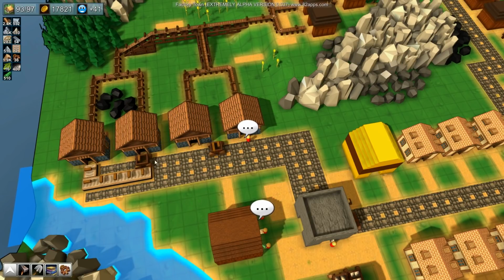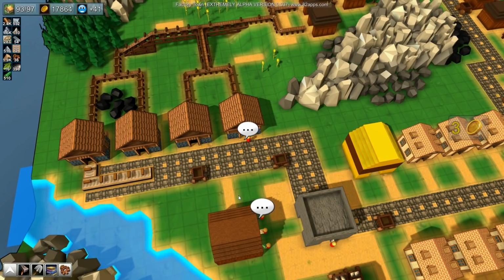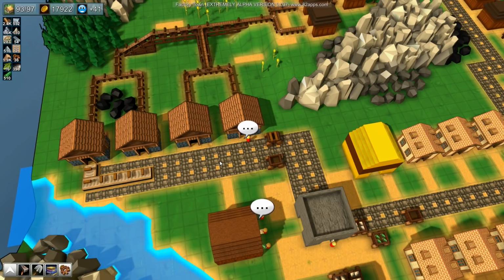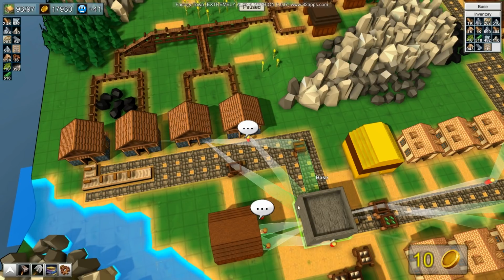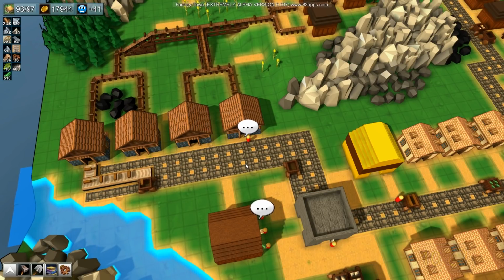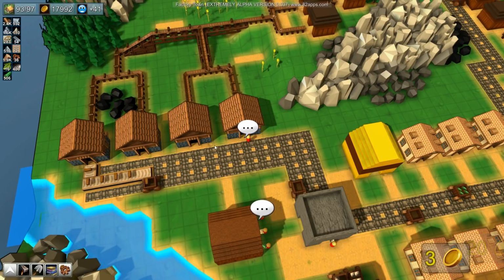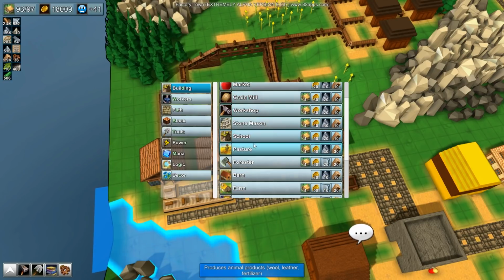I'm gonna delete these wagons anyway, because, you know what? Actually, that was just blocking that wagon, so yeah. Right, let's see, can we get a wagon? Yeah, deliver all from cloth conveyor belt to nearest. Okay. So can you take off the cloth conveyor belt? Oh, you can. You only do it one at a time though, so it'd be better if the conveyor belt could go all the way. But as I'm building it, that'll be handy. Because then what I can do...